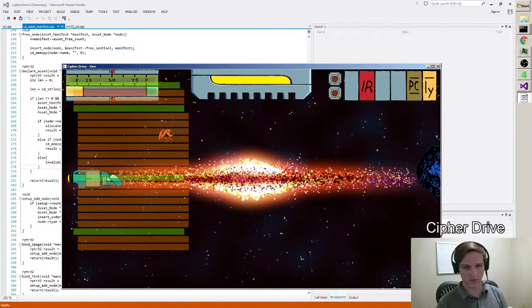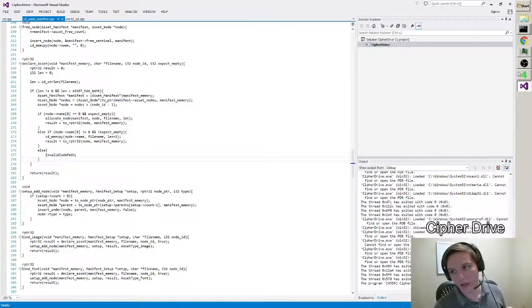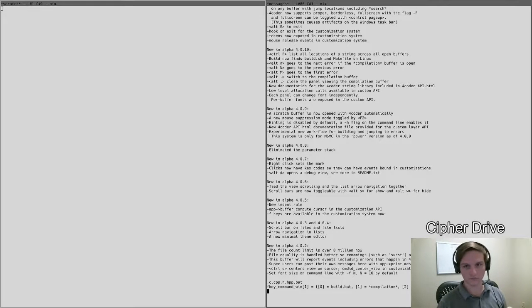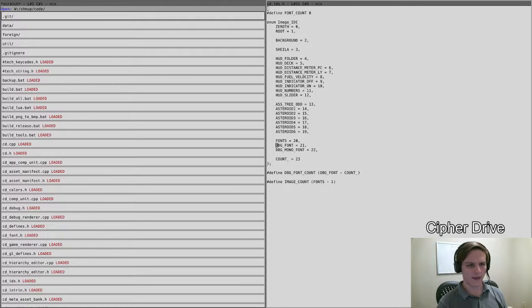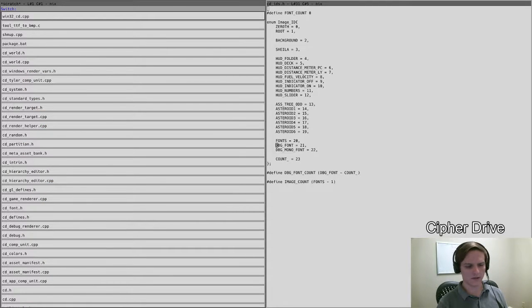Yeah. So those are all supposed to have text on them, and these two down here are the new fonts, but these don't have text on them because font rendering isn't working right now. So what I want to do is look at a few things. IDs, we have, right, okay, so the fonts get just put in right there, and let's see, it's in,